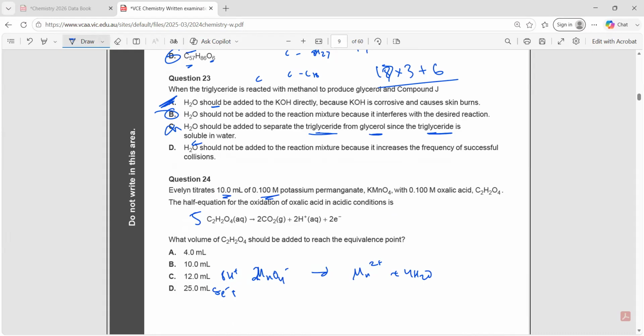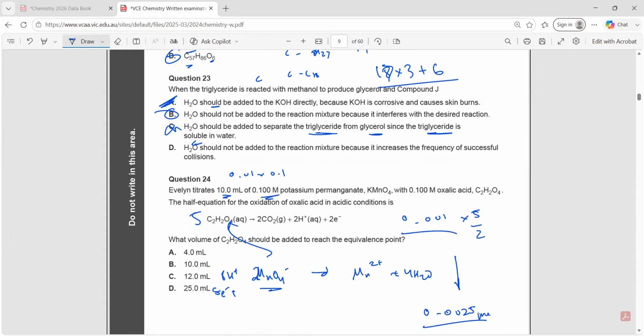So that's 0.01 times 0.1, which is 0.001 moles. And then that's going from here to there. So we times it by 5/2, which is 0.001 times 2.5, which is 0.0025